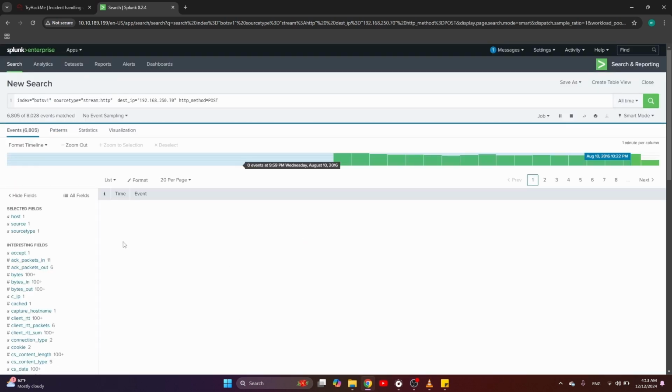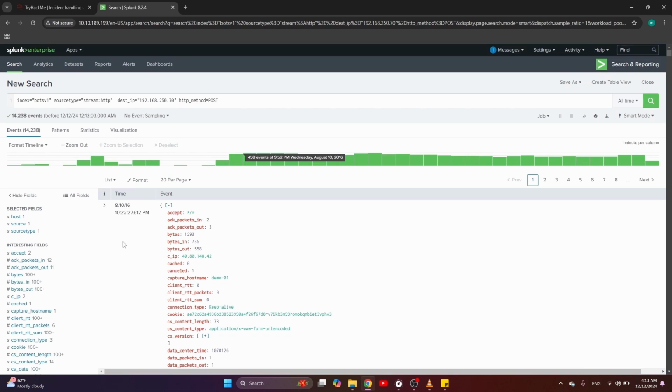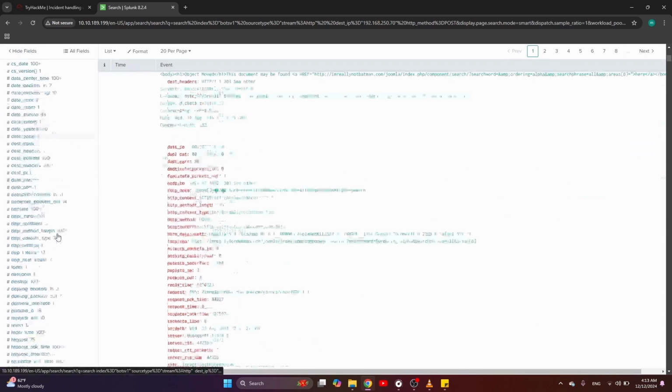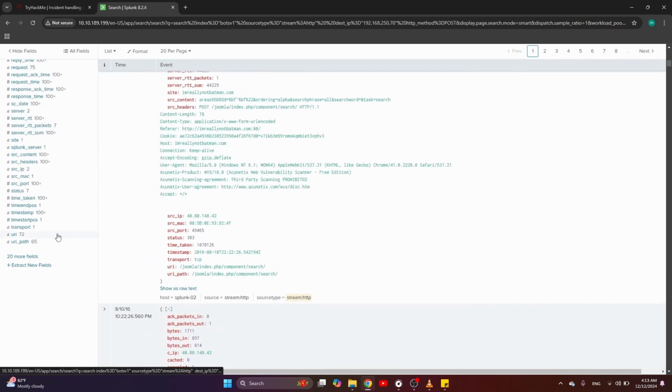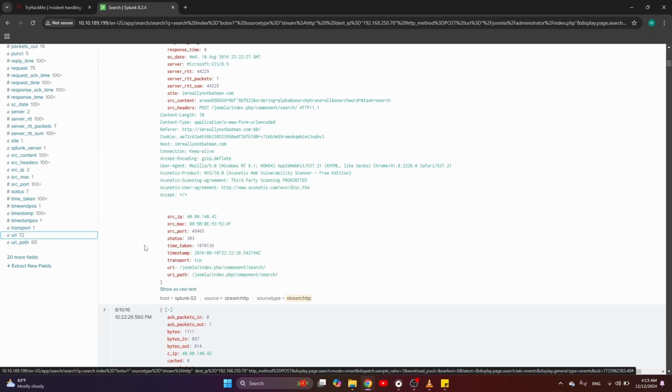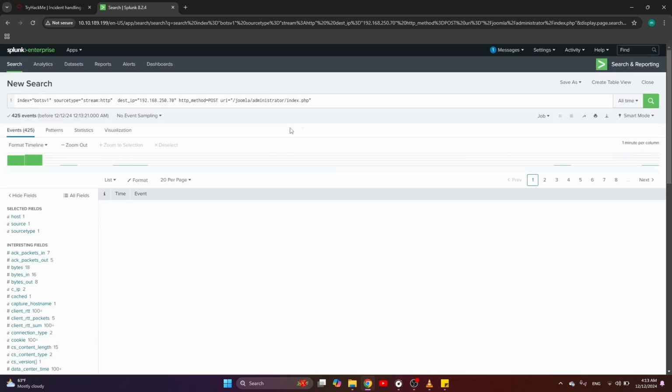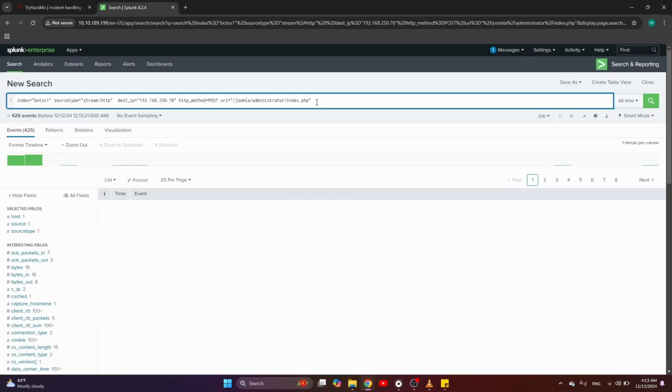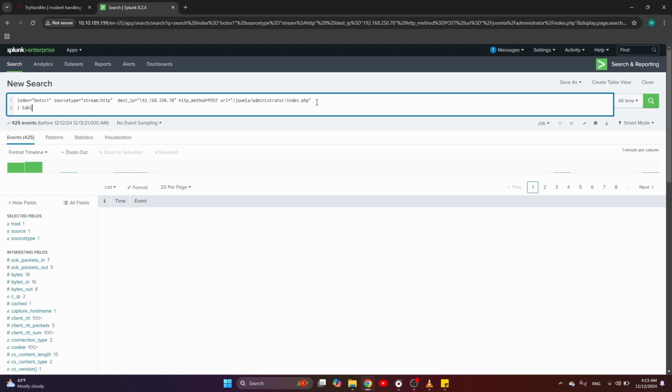We need to see the data that has been entered to index.php. So let's specify the URI as administrator/index.php